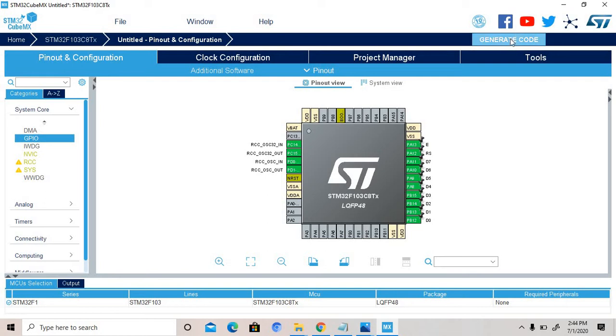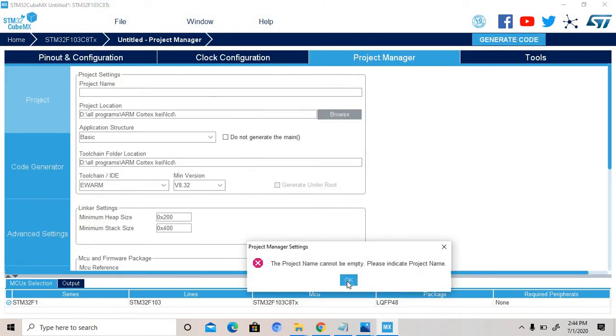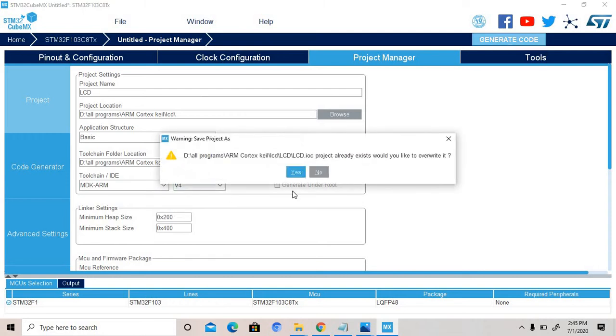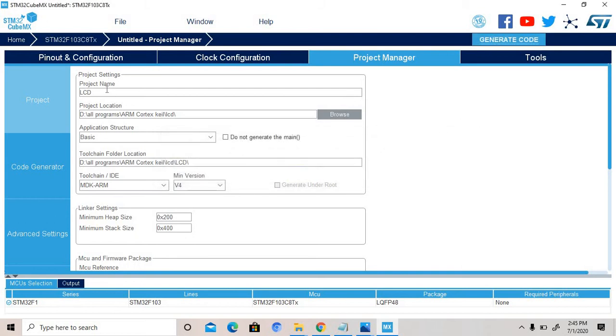After that, generate code. Okay, and give the name. It's LCD, any name. And then go to the MDK ARM. Then which version is 4 version. Then generate code. You have to give any name.